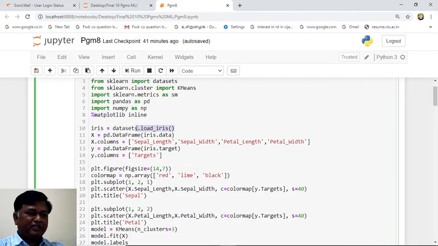Now we take the iris data set here. It loads the iris data set, and in this line we are converting to a data frame. So the X data is taken in a data frame. What are the columns from the data set? These are the columns we have. We know about iris data set. Iris data set has four attributes: sepal length, sepal width, petal length, petal width, and the result is the type of flower. Setosa, versicolor, virginica are the three types of flowers we have based on these four attributes. So the concepts are taken in X value and the target is taken in Y.